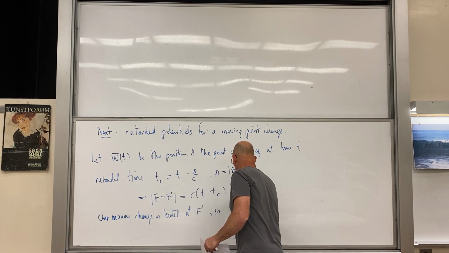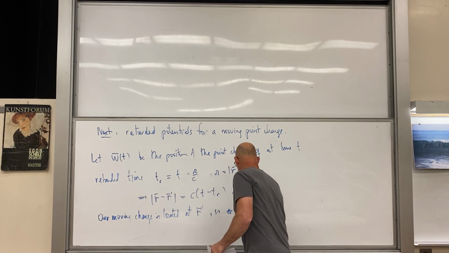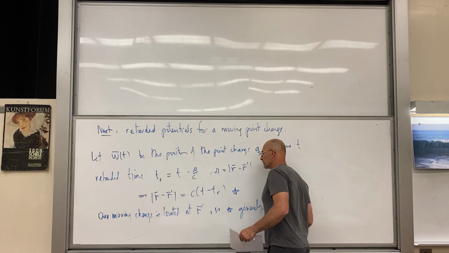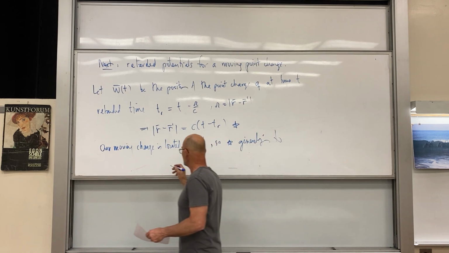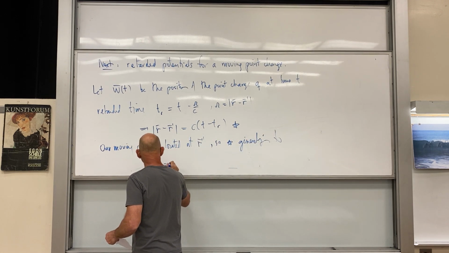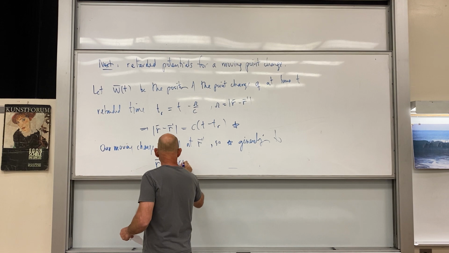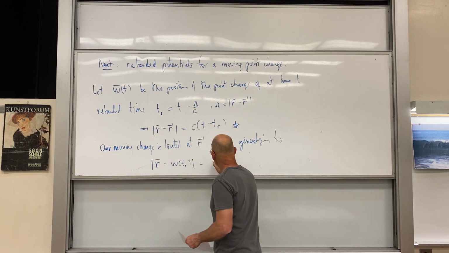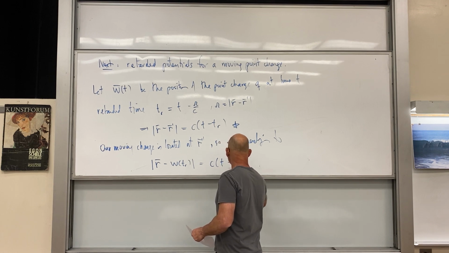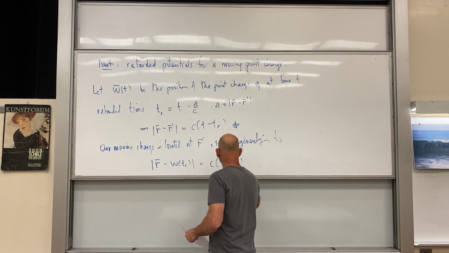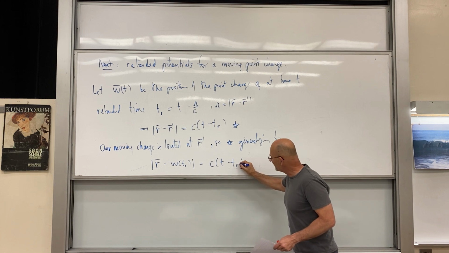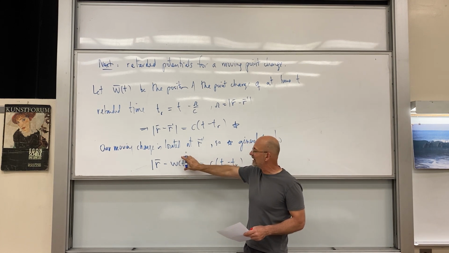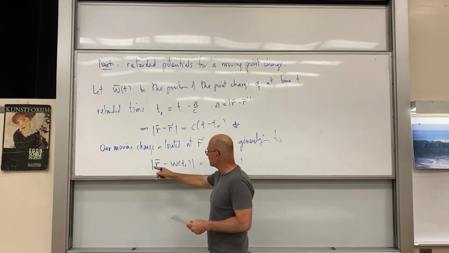So star here generalizes to, got room, the magnitude of R minus W of t_R is equal to c times t minus t_R. So t_R now appears twice in here, and therefore you could say it's implicitly defined. Okay. This we can also name